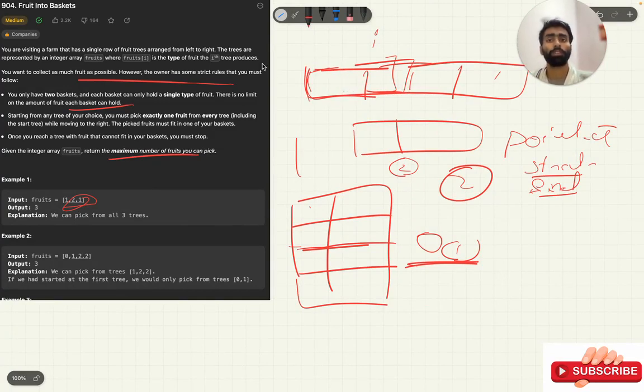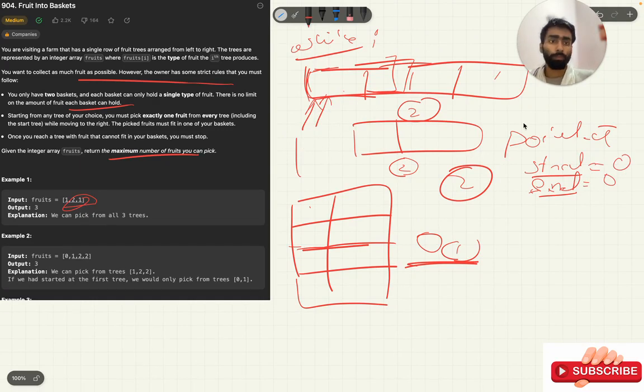To get there, we will need to iterate through every element in the array. Let's say we are using a while loop to iterate through this. We are having two types of fruit at once in the current window. So we will start the pointers, the start pointer and the end pointer, both equal to 0.